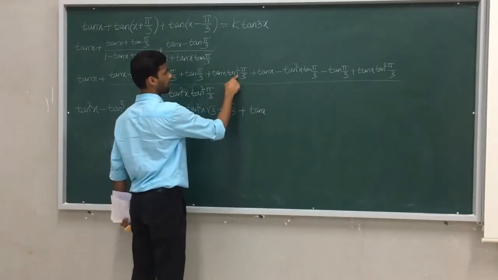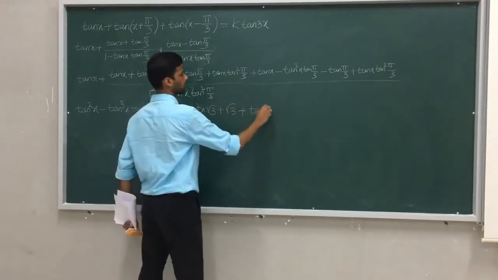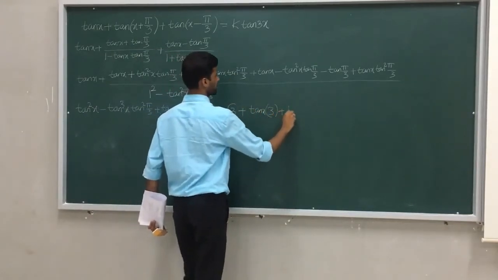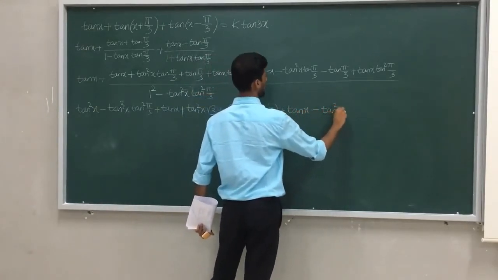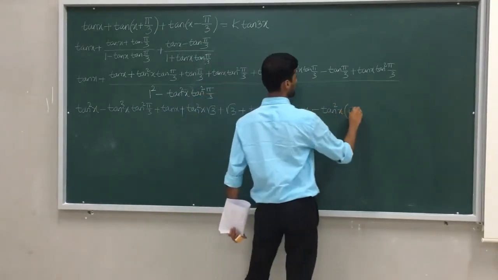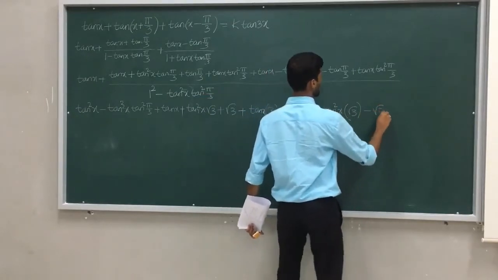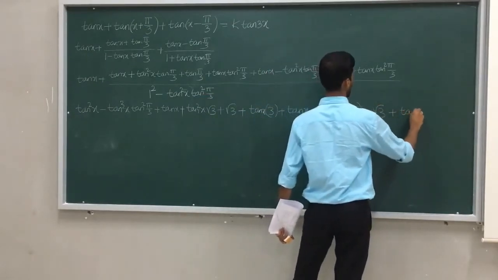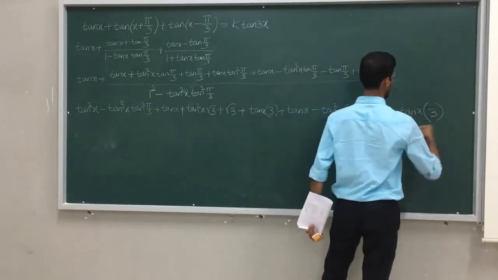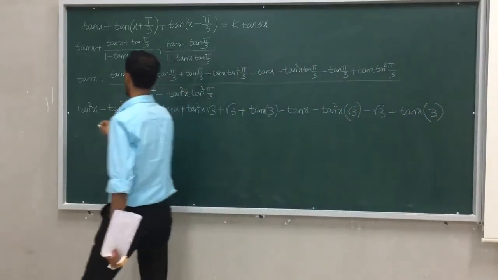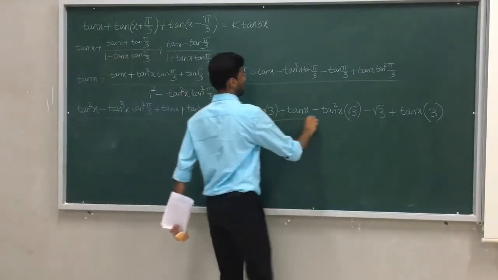It is tan pi by 3 the whole square, it is root 3 the whole square, it is 3, plus tan x minus tan square x into tan pi by 3 is root 3, minus root 3, plus tan x into tan pi by 3 is root 3. Root 3 square is 3. Okay. Whole divided by